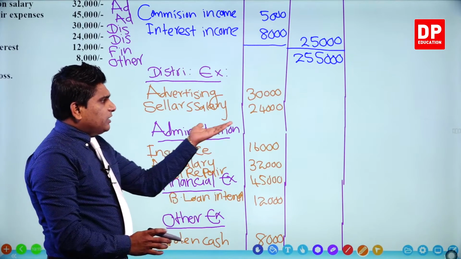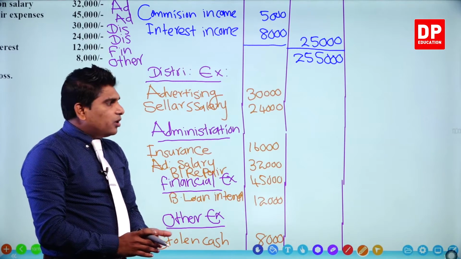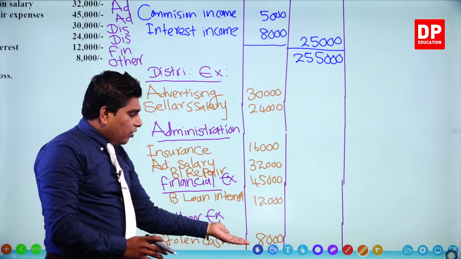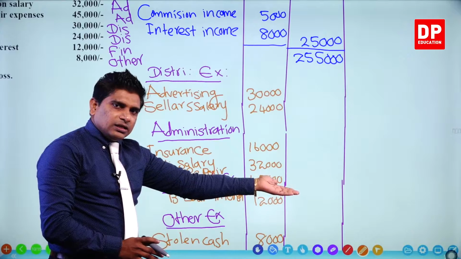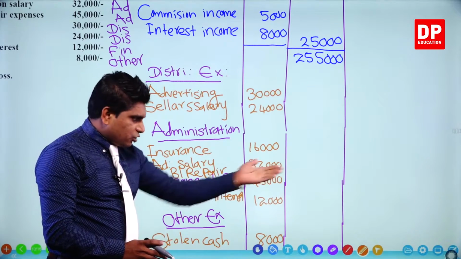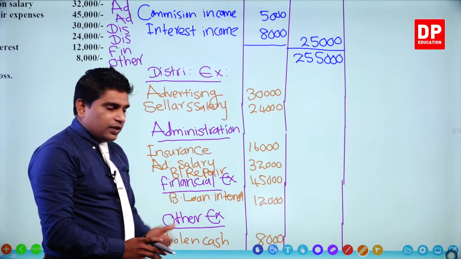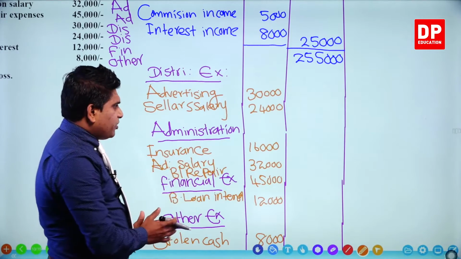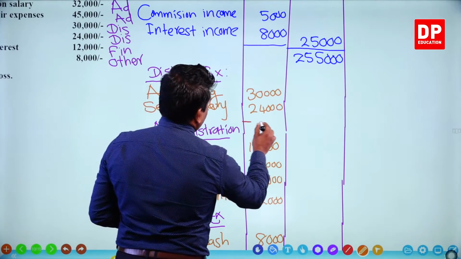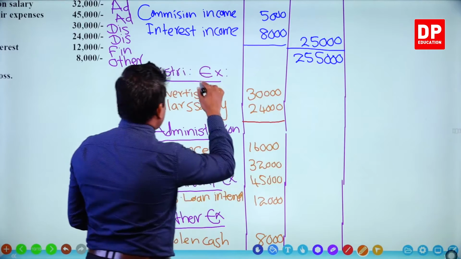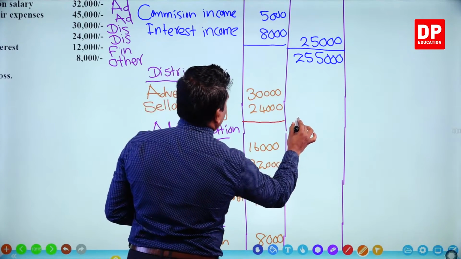But here there are only 2 columns, no? So we can get the total of everything to the next column, right? If you want, we can bring the total of each item to the second column, because this is the first activity, no? Here 54,000,